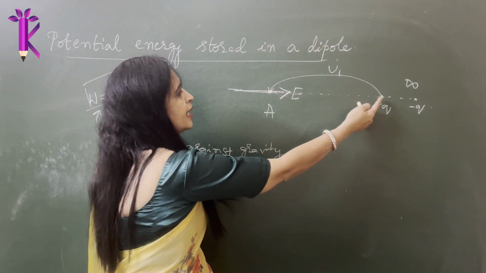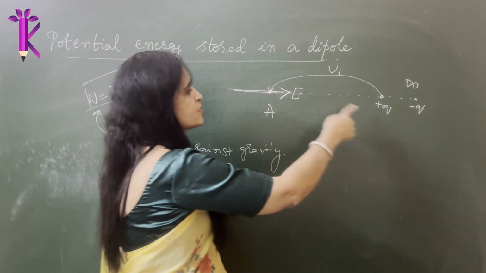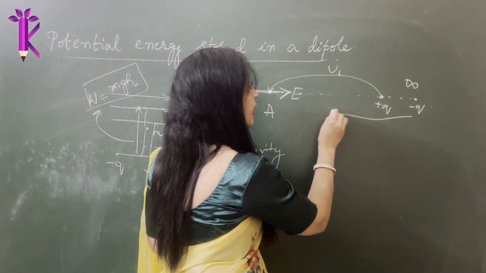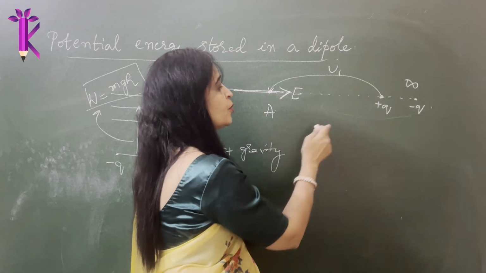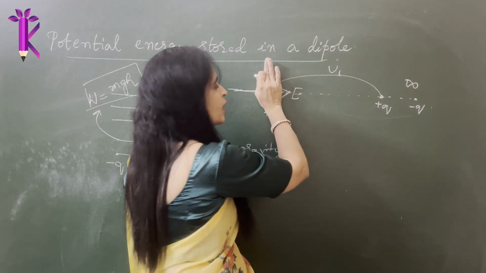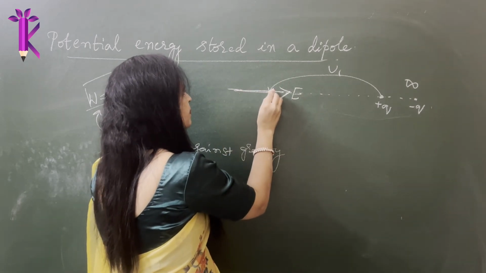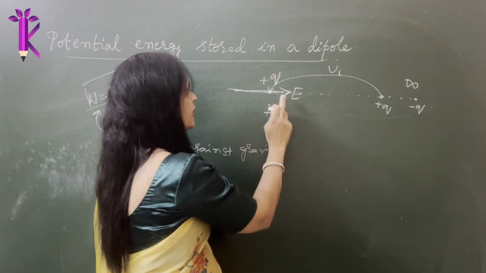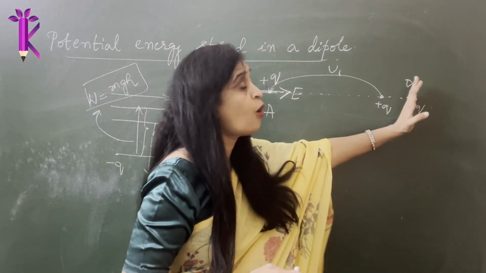So this work is done to bring this charge towards this. Also, this will be pulled along with this, because this is plus and minus, there is some force of attraction, this will be pulled up. So I have to hold it, because I don't want them to come together, I want them to be separated by a certain distance. So I bring plus q and keep it, but minus q wants to come because it is attracted due to plus q. I will be holding it.